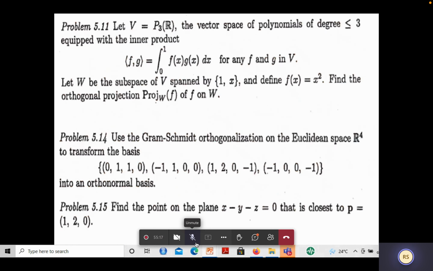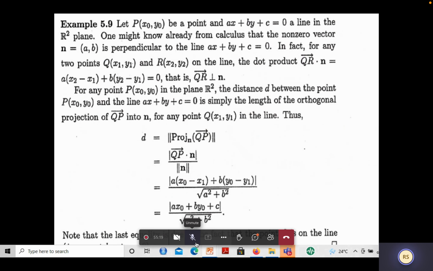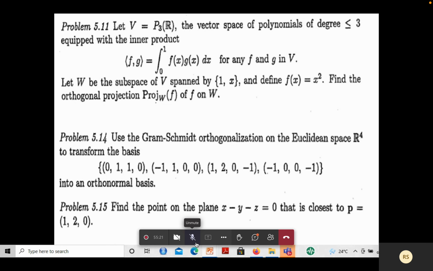Same, see, one minute here. Read this question. W is a subspace spanned by 1, x. That means it is also linearly independent, so 1, x is a basis. It is a basis for what? P1 of R. So I need to convert this basis into an orthonormal basis. Under this inner product, we have done this conversion of this basis into orthonormal. So I'm making use of that. I'm not calculating it again.